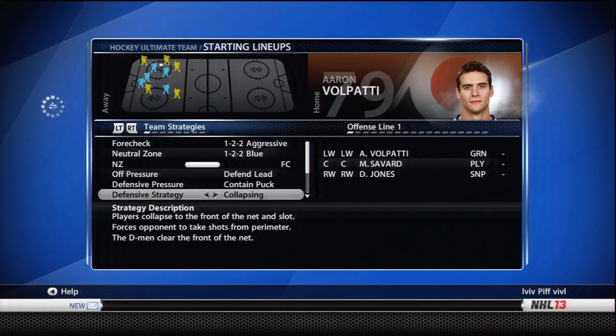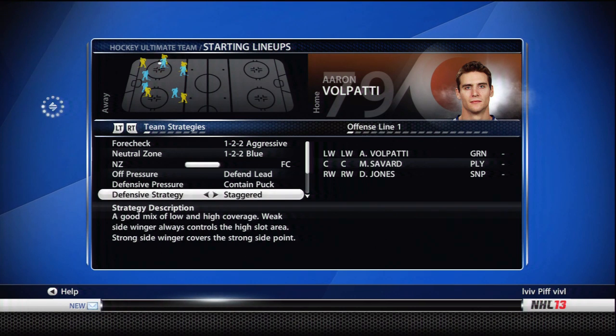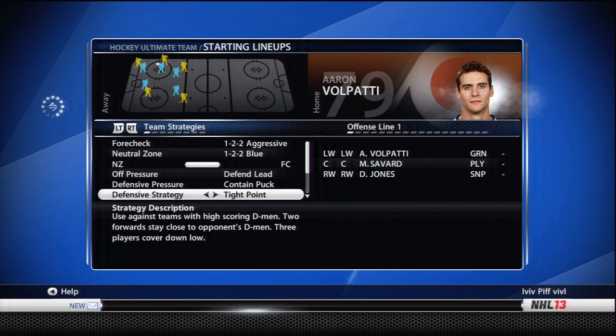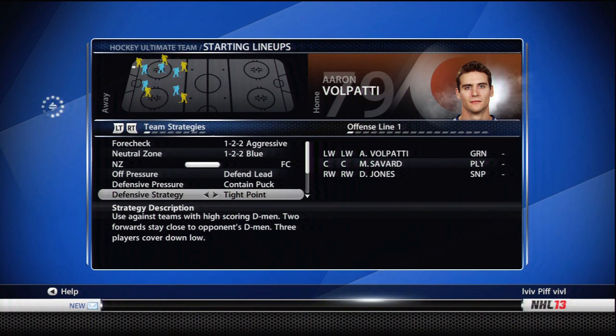And then for the defensive strategy, now for this, I like collapsing. Like I said, you guys know, I like to clog up the middle. I think the middle is very important. Like tight point, I don't like tight point. As you guys can see, it's kind of like a man, and if someone gets beat, look at all the open ice they have. It's going to create opportunities and odd man rushes. So I don't like tight point, but